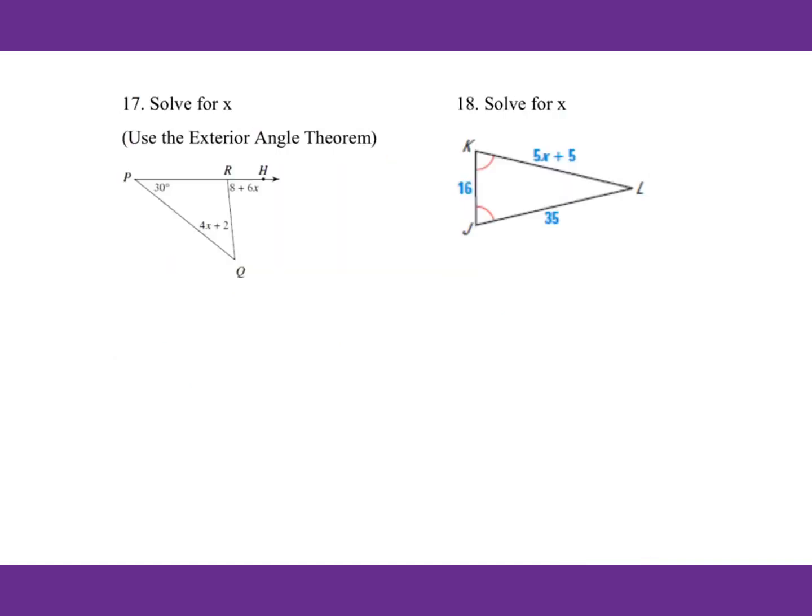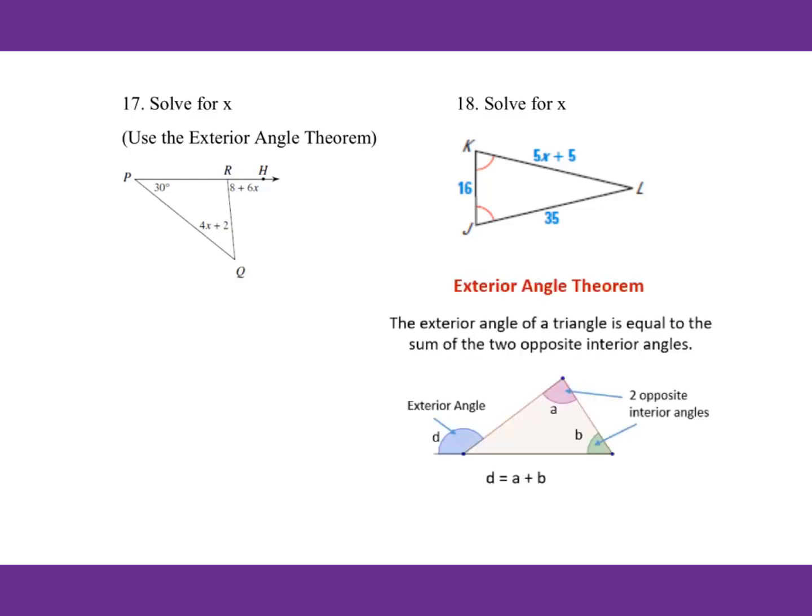Number 17, solve for x. Use the exterior angle theorem. What's the exterior angle theorem? The exterior angle of a triangle is equal to the sum of the two opposite interior angles. We have D, we have A and B. These A and B we call the two opposite interior angles. Then D equals A plus B. In other words, this is the exterior angle for this triangle, and these two are the opposite interior angles. Therefore,